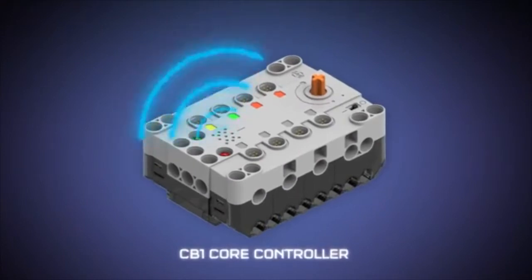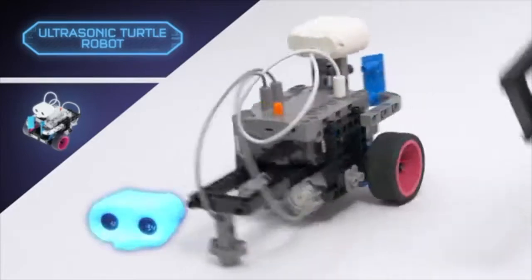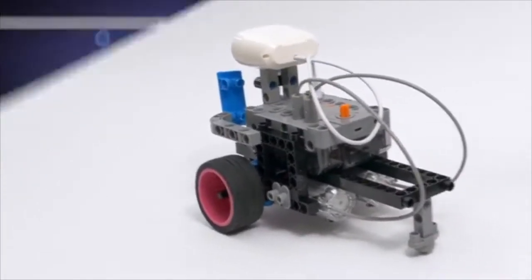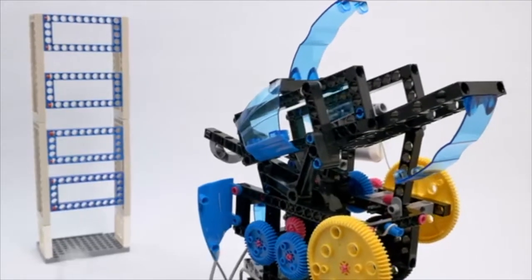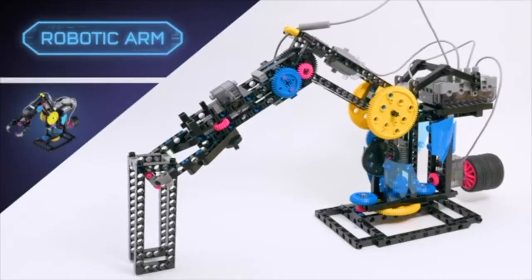as your robot's brain. Start by building simple robots, like an ultrasonic turtle that uses an ultrasonic sensor to avoid obstacles. Then graduate to more complex machines, like a ball-shooting robot, or a robotic arm that can pick up objects